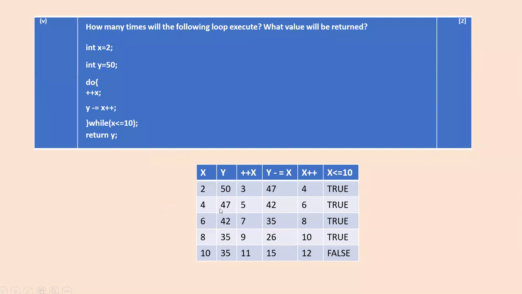So x 4, y 47, further it goes, x becomes 5, y becomes 47 minus 5, 42, x incremented to 6, 6 less than 10, condition true, loop continues. With x 6, y 42, x incremented to 7, 42 minus 7, 35, x incremented to 8, 8 less than 10, it becomes true. Loop continues, x 8, y 35, x incremented to 9, y becomes 35 minus 9, 26, x incremented